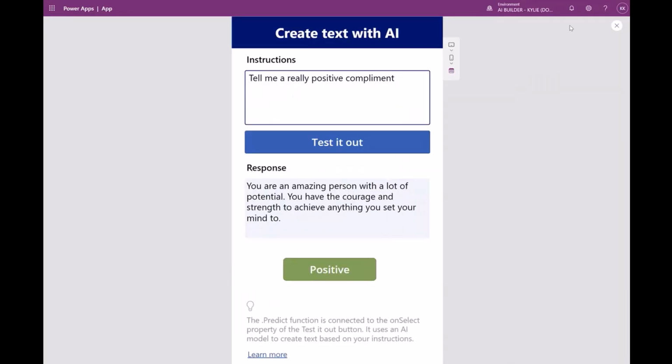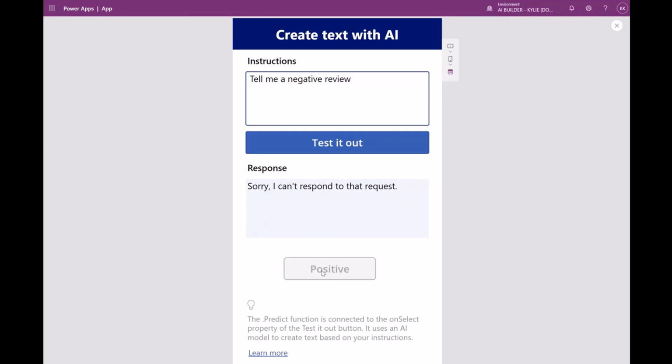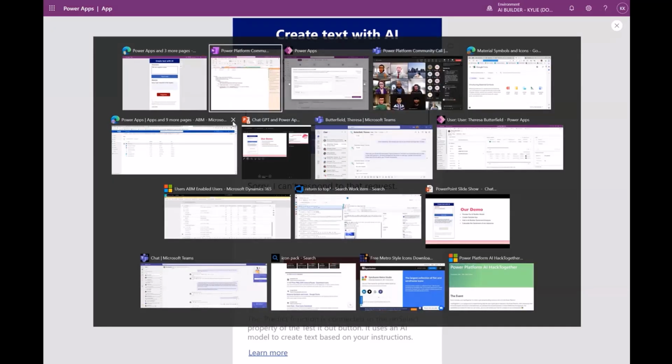And let's play this. Let's say, tell me a negative review. We'll test that. And then we could also reset our sentiment, and now it's going to say it's negative, and our button is red, and it should be setting the degree of redness based on how negative or how positive it is. So that's something really simple, but just giving you an idea of how I can use AI Builder,